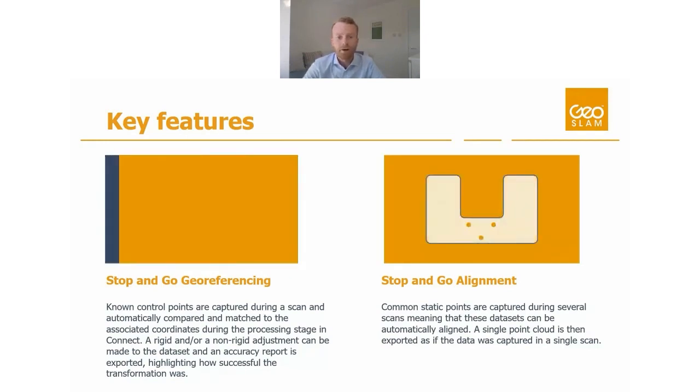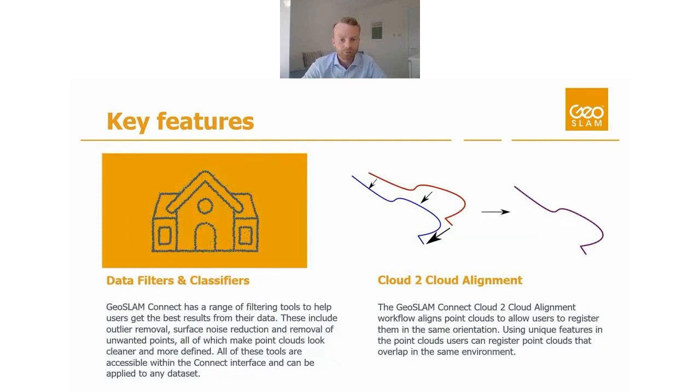GeoSLAM Connect also has a range of filtering tools for users to get the best results from their data. These include noise filters, surface filters, transient point filters, to make the data as clean as possible and give the user the best possible output. These can be run with your standard workflows, post-processing, or on your outputted results. So there's some real flexibility on whether you want to filter your data and to what extent you'd like to